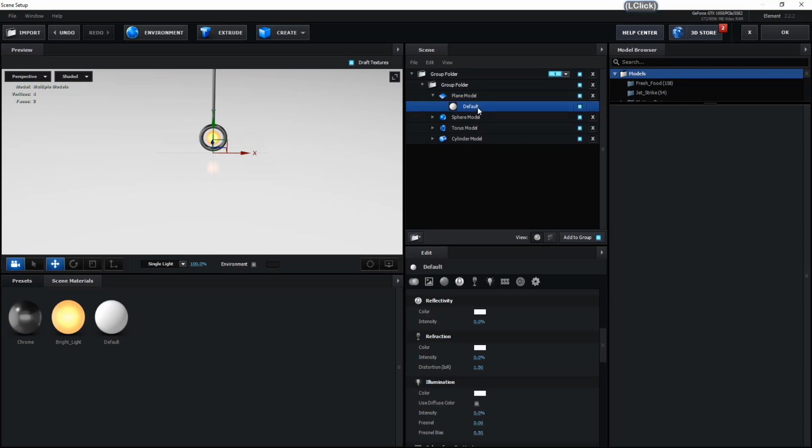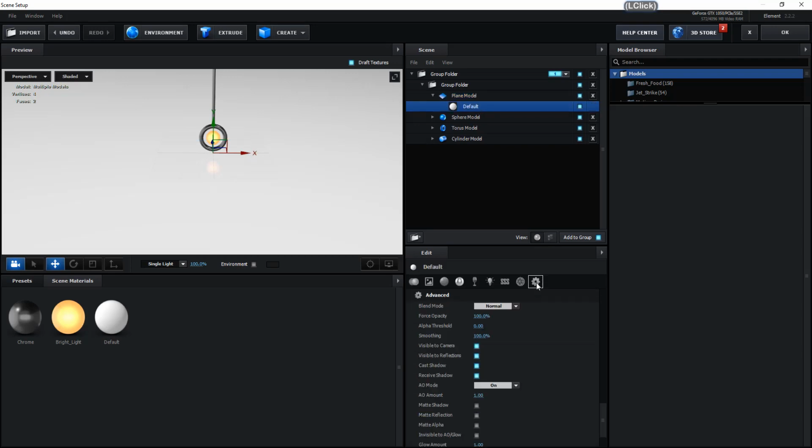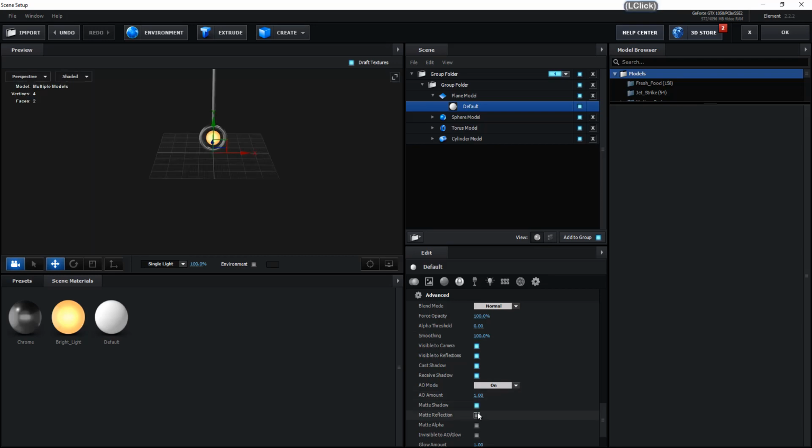Select the default material and go to the advanced setting, then come down here, enable matte shadow and matte reflection. Once you enable both, you can just ignore the shadow part. You don't need a shadow, you just need a reflection. Just enable the reflection. Once you enable the reflection over here, you can see the reflection of the pendulum.